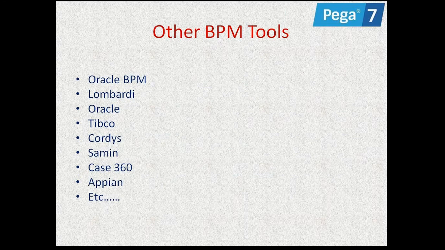And coming to Pega, there are so many BPM tools out there, like Oracle BPM. Not only these, hundreds of BPM tools are there. Those are not sufficient for developing applications. These are just simple small applications, where they cannot develop the total application in one single tool. But Pega is one such application where we can develop anything, everything can be developed in the Pega tool itself. But with other applications, if you take,